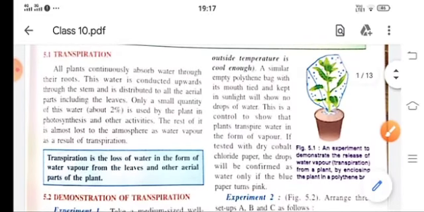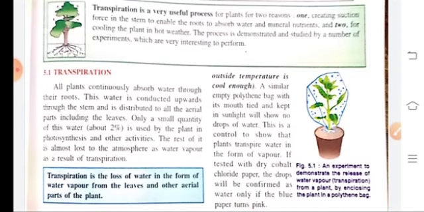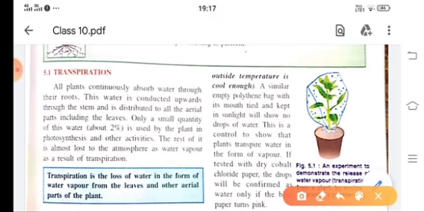Now here is the experiment, see how you can do it. You can do this at home also, children. So take a well watered potted plant. Well watered potted plant means the plant which you are going to take should have water in it. Then here is a polythene sheet. We have covered this plant with a polythene sheet and leave it as it is. Then after some time you will see water droplets coming from this plant. So this shows that the plant releases water into the atmosphere.